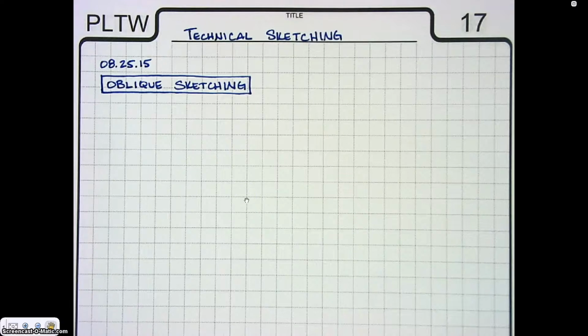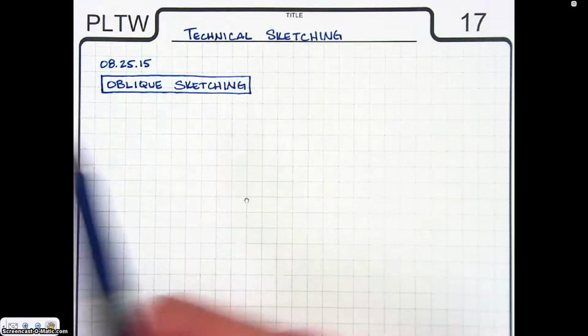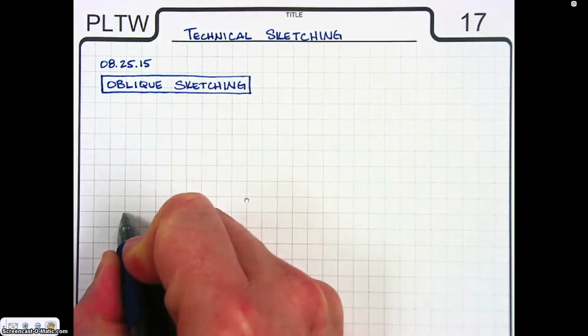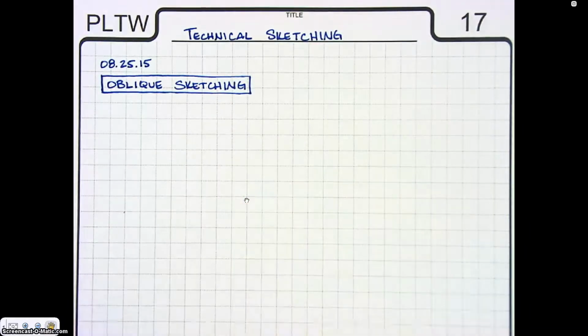Alright, I'm going to walk you through how to make an oblique pictorial sketch. So remember that the word pictorial means picture-like, and for us that means it is going to be a 3D type of sketch. So I'm going to start by making a dot out here on my engineering notebook,